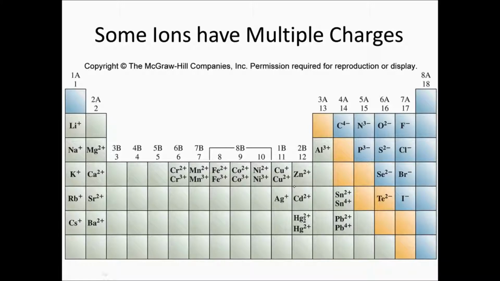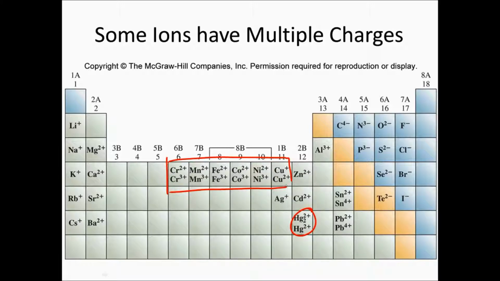Now, some of these have to be learnt. You can't really predict them based on the octet rule. Most notably Ag+ and Zn2+, and so on. But more importantly, if you look here, there are some of these, like most notably in the D block. So for mercury, for these,